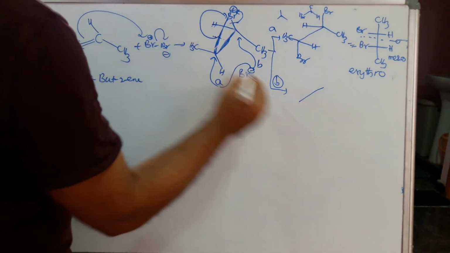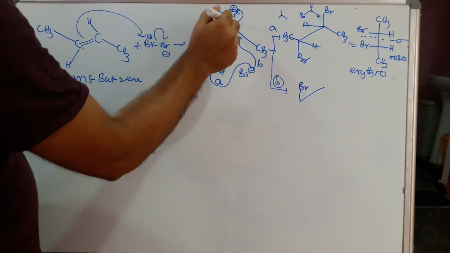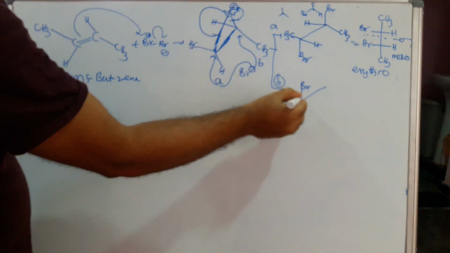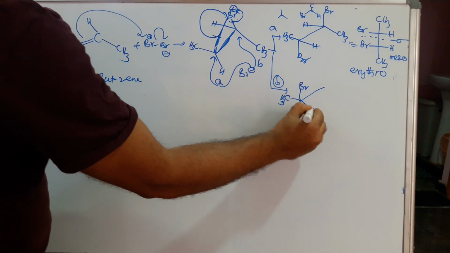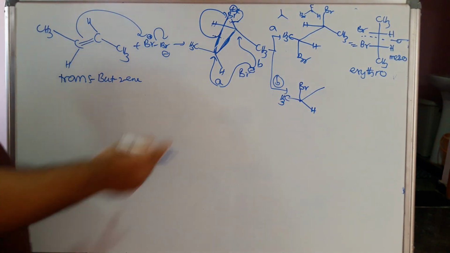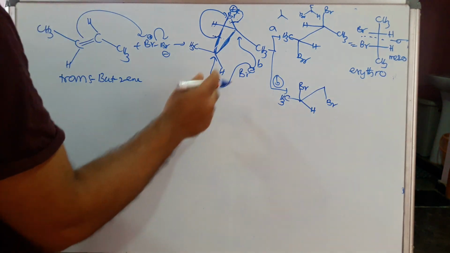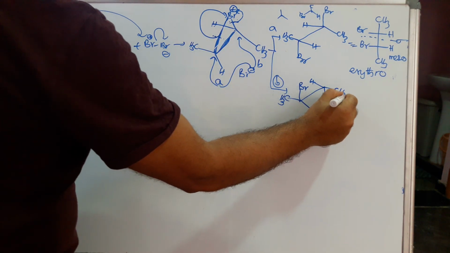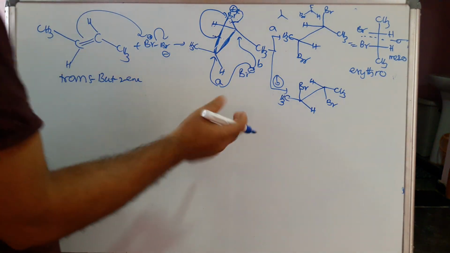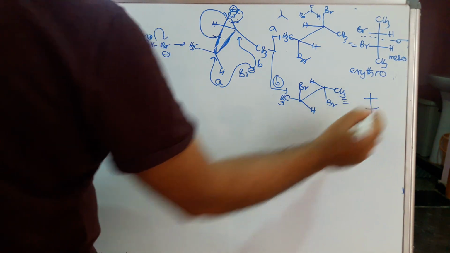When it is breaking here, then compulsorily this bromine will be like this on this carbon. This is breaking here. So this will be on the first carbon. This is CH3. This will be the H. When it is attacking from, it is compulsory down, Br. Then this will be the H. This will be the CH3. So both should be converted into the same side methyl group. Then we will get the Fischer projection.